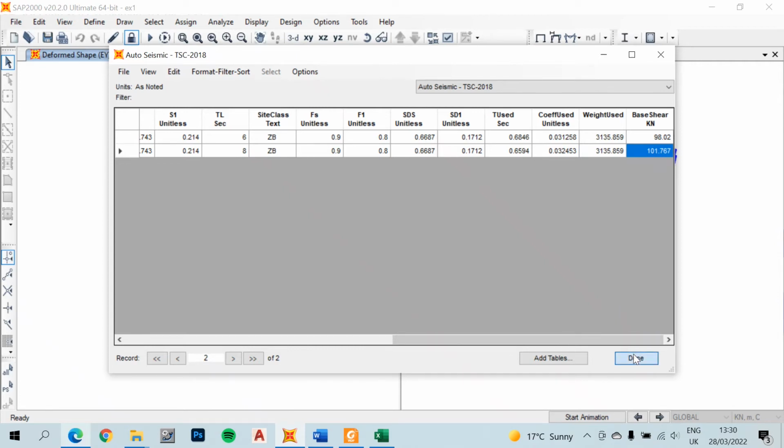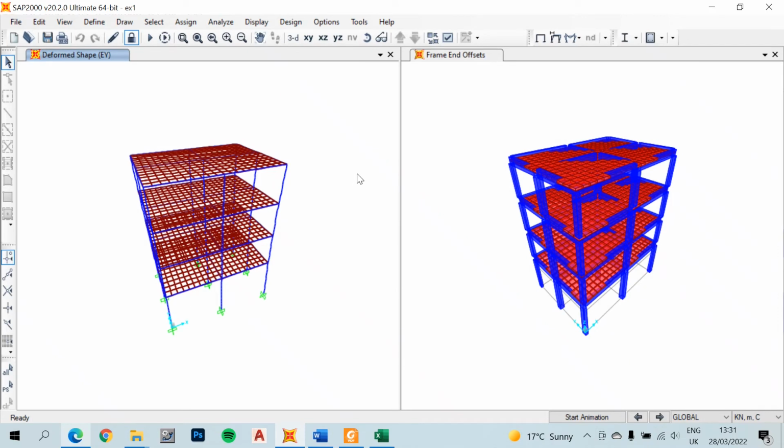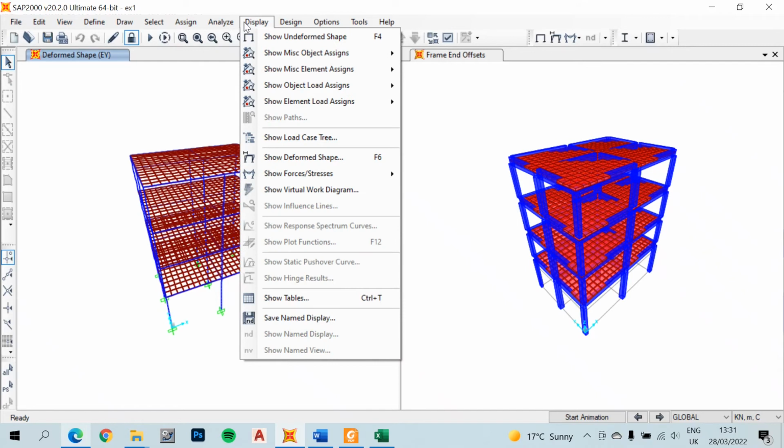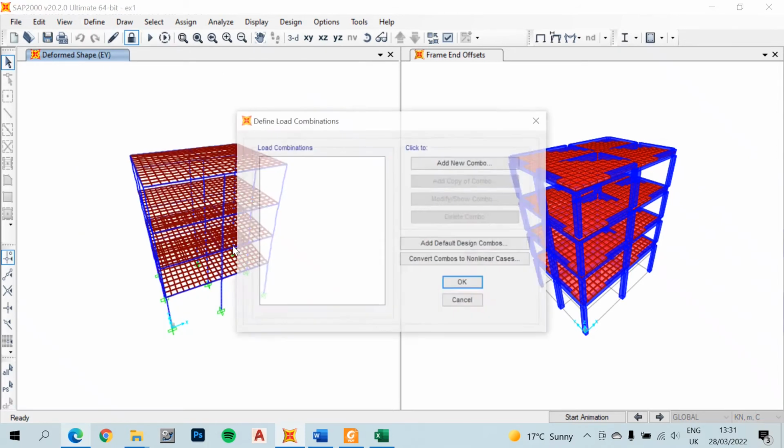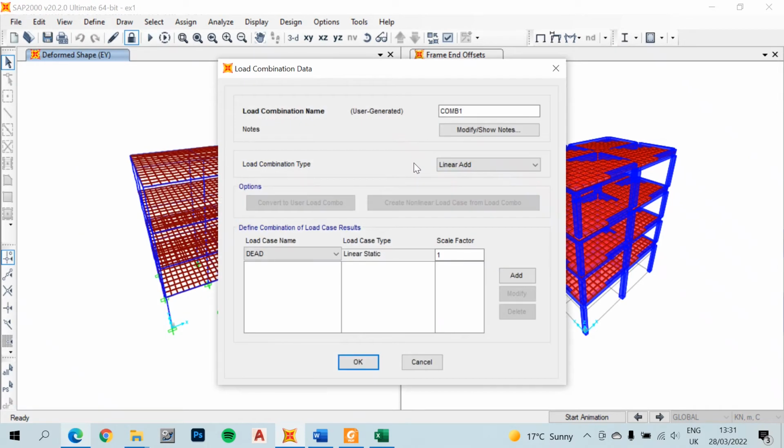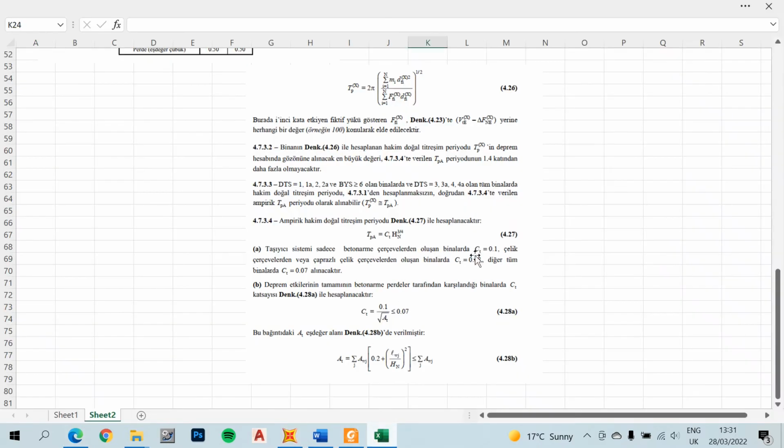Okay, so that is all we have. So now I think I can go ahead and do some checks, maybe where I can find some combinations, and we can check how our building is behaving. So to define the load combinations, also you use the combination suggested by the